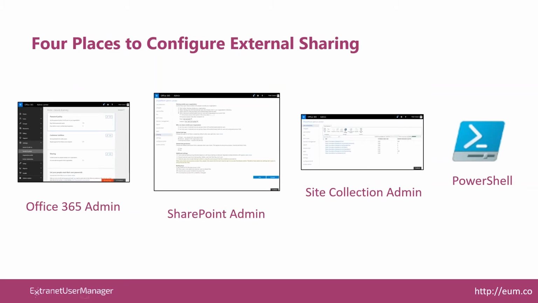The part that's a little confusing is you've got to do that in a bunch of different places. You have to go into the Office 365 admin to enable sharing. You have to then go into SharePoint and enable at a global SharePoint level. Then you have to go into individual site collections and enable it there. There was a challenge up until very recently that you couldn't actually manage it through the admin console for modern sites because they had their own preview admin console. That console has now gotten updated and it does have sharing controls in it as of about